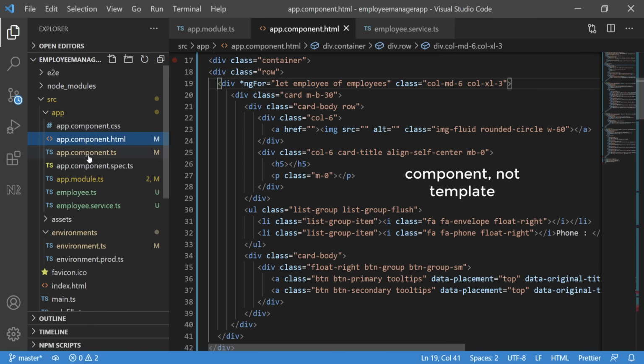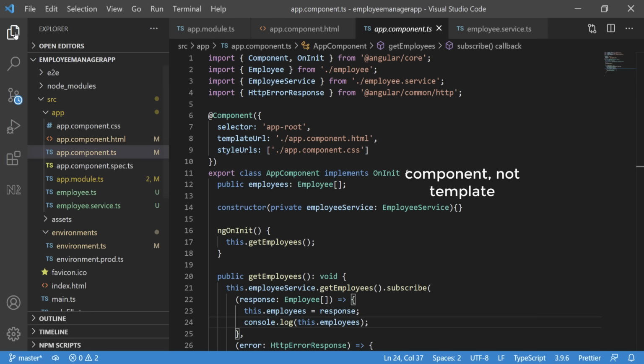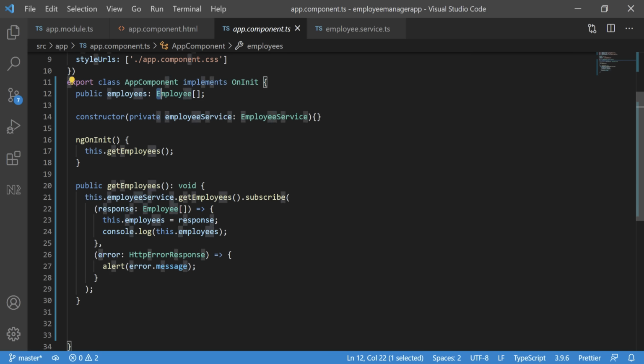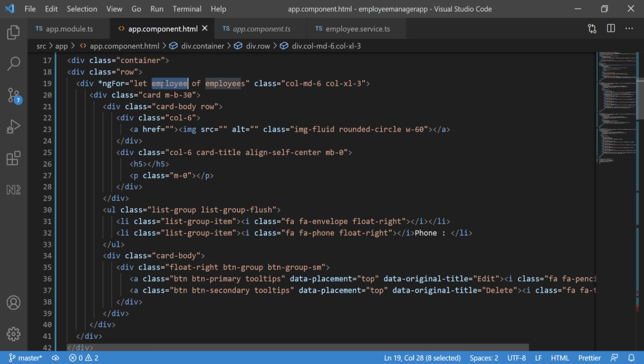Just so you guys remember, if I go back to the template, I'm referencing this employees here, which is the array of all the employees that I'm getting from the backend. And I'm creating this local variable for every single one of those as I loop through them. So now I can use this local variable in this card, and that's going to create as many cards as there are employees. I'm going to copy this, and for the image right here, I'm going to pass in